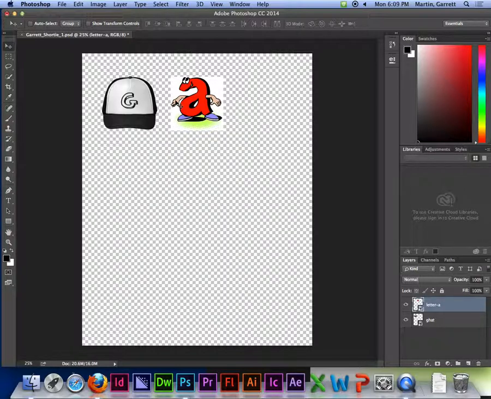Now, as we're placing things onto our canvas, you may want to go back and change the size of something. You realize, maybe I left this a little too big, or maybe I wish it was a little bit smaller. Well, if I wanted to make my letter A a little bit smaller, because I don't need it necessarily the same size as my hat, I need it to be the same size as the G that's perhaps on my hat, I can make sure that that layer is selected, as it's highlighted in blue here,